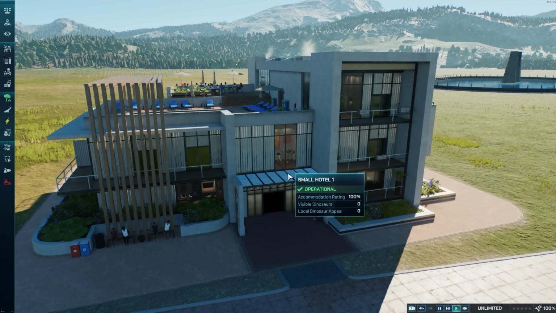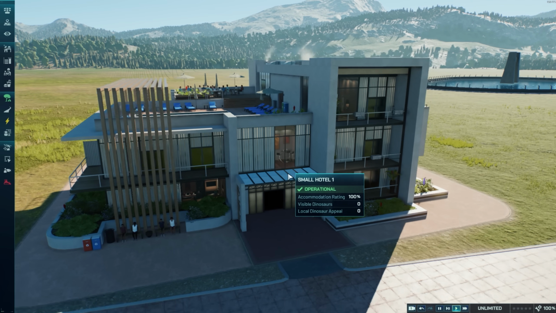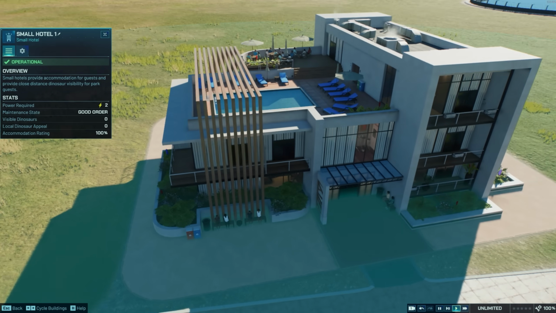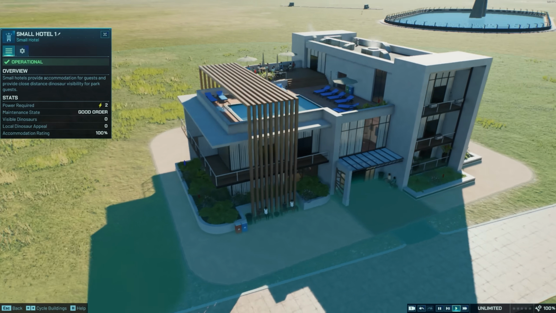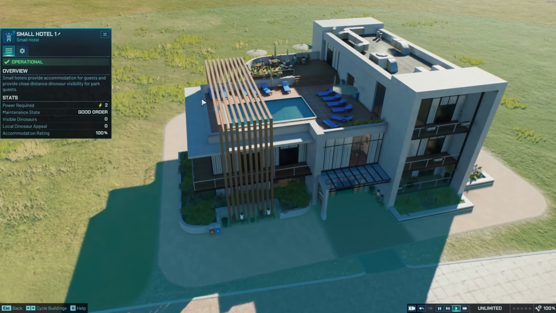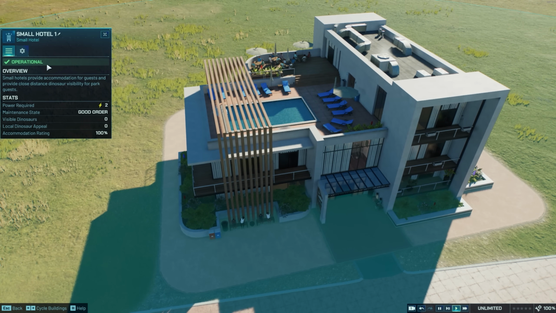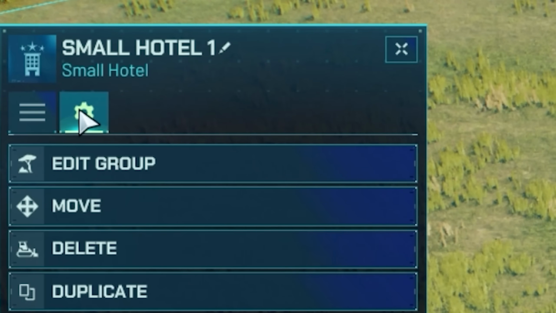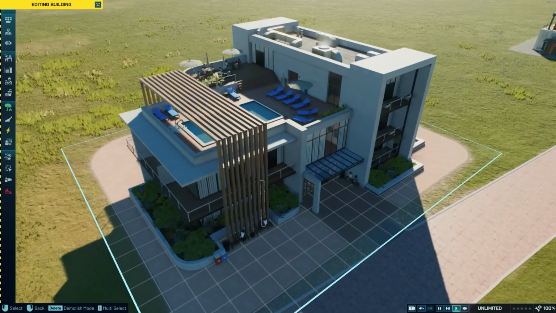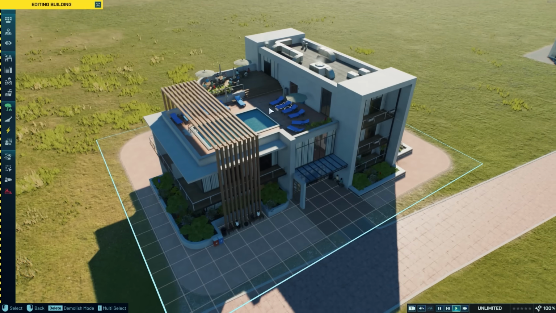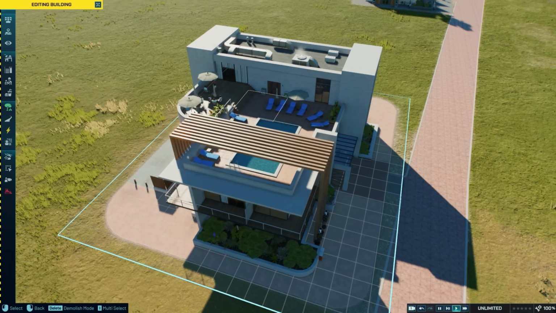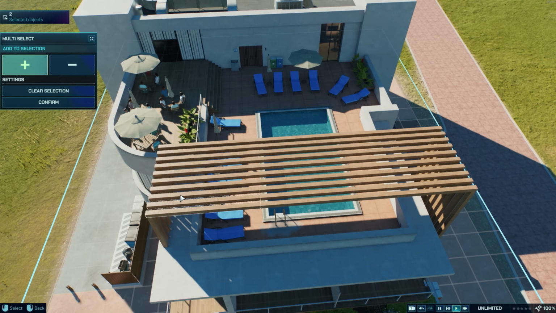And this is just a lovely hotel built by the talented builders at Frontier, right? You can change this if you want. So let's say you don't like this wooden structure on top of this for whatever reason, right? You can edit this building. So you're going to go into the edits and then edit group. And now you can see the different pieces get highlighted. You can edit this to every extent, right? So you do have to kind of painstakingly select all of these items, but just to give you a sense,